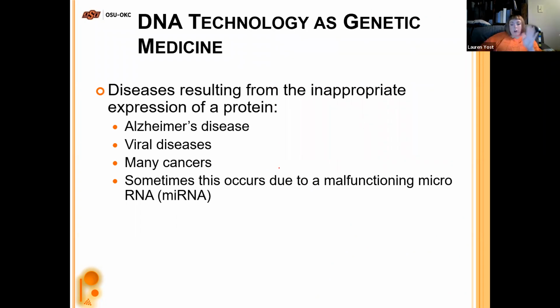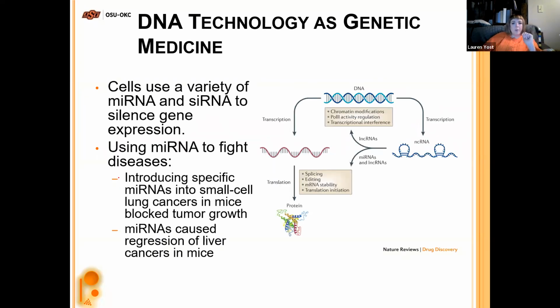So there are a lot of diseases that are going to result from inappropriate expression of a protein at some point. So we're talking about Alzheimer's, a lot of viral diseases that are technically going to stick around for a while. Cancers could be treated with something like this. And then malfunctioning microRNA stuff. Don't worry about that stuff. We didn't talk about that, but